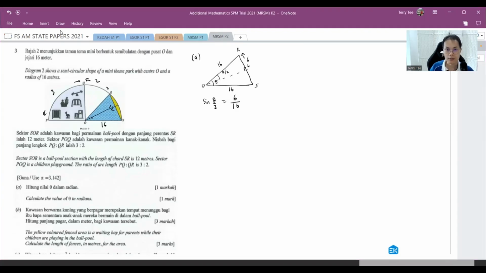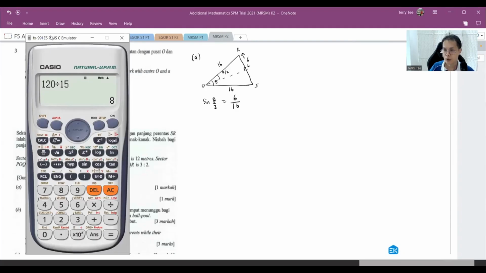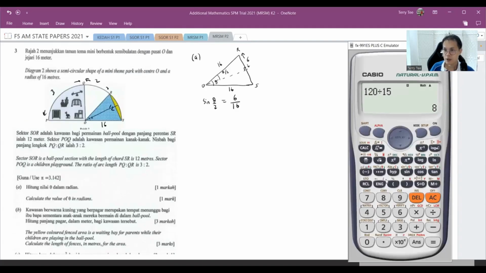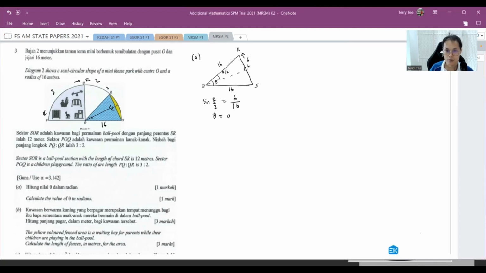So use your calculator. Now change your calculator to radian mode because we want the angle in radians. So I'm going to shift sine 6 over 16. Whatever I get here, I multiply by 2. My theta will be 0.7688. Okay, so once you have the value of theta, next, we're supposed to find